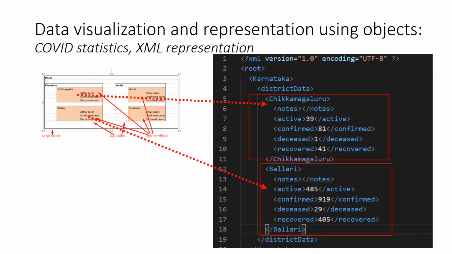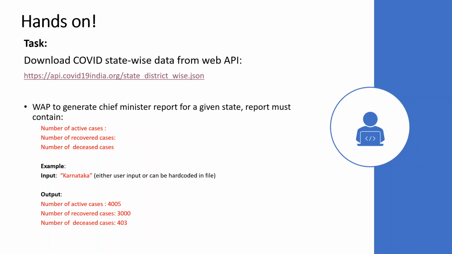So we took a real-time example and we looked at how it can be formed. This data is actually consumed by some programs. It is not consumed by humans, but it is consumed by programs. Okay. So that is about how it looks like and what they are. Okay. So that was about it.